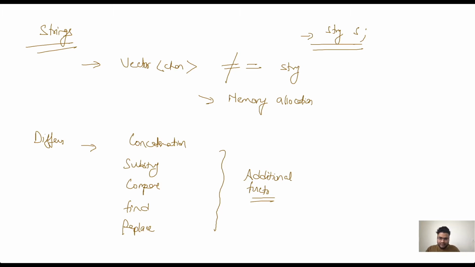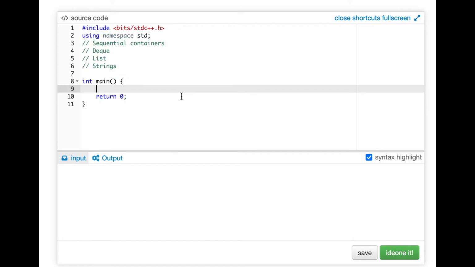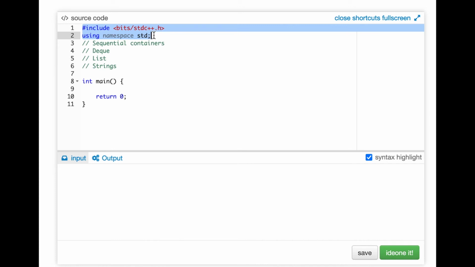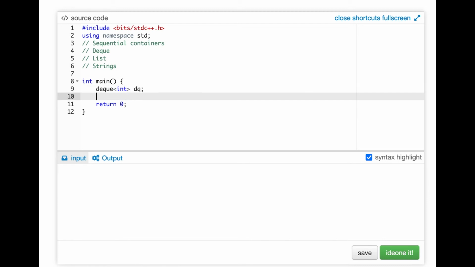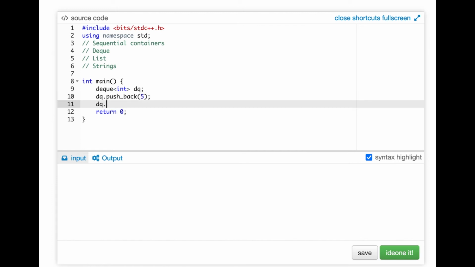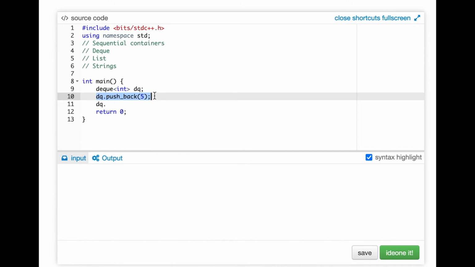Let us see the code implementation of how we can use different methods here. So first let's take up deque here. If you can see, I have already imported my library and I'm using namespace std as well. So we can directly define deque. So deque can be defined something like this. As I told you, it's a doubly ended queue. So now inserting elements is similar to what we are doing in vector. We can actually insert like this only. So we have multiple elements, deque dot, let's just make use of this only.